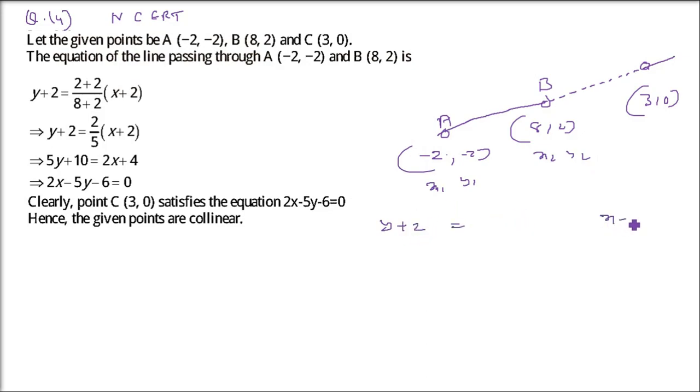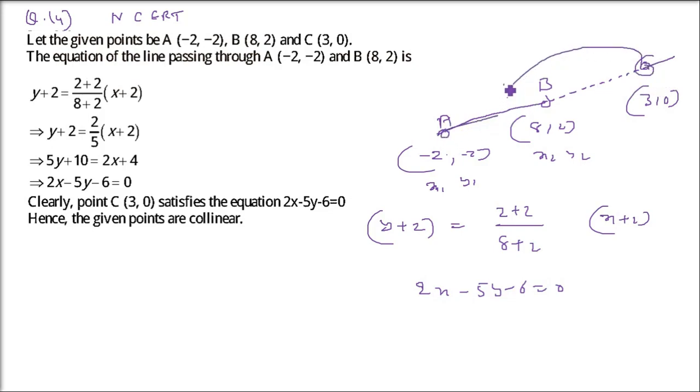y minus y1, x minus of minus 2, x plus 2, y2 minus y1, so 3 minus 8, and then we have 2 plus 2. So the equation will be 5x plus 4y minus 22. Now if these 3 points are collinear, the third point should satisfy this equation. So just put (3, 0).